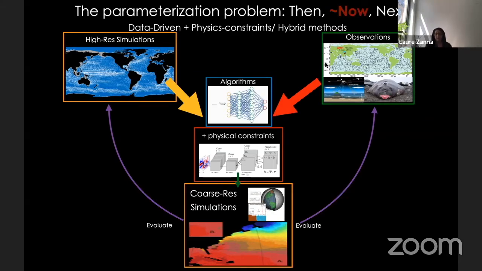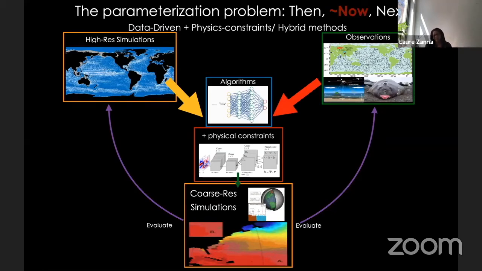So here the idea is the same. We start with data, observations of models, your algorithm, and you embed some kind of physics within the algorithm. So here's an example of an architecture of a neural net where we embedded conservation of momentum. So we make sure that momentum gets redistributed and not created out of thin air. And that helps with the stability when you plug it back into a coarse resolution model and evaluate against the data set that you started with.